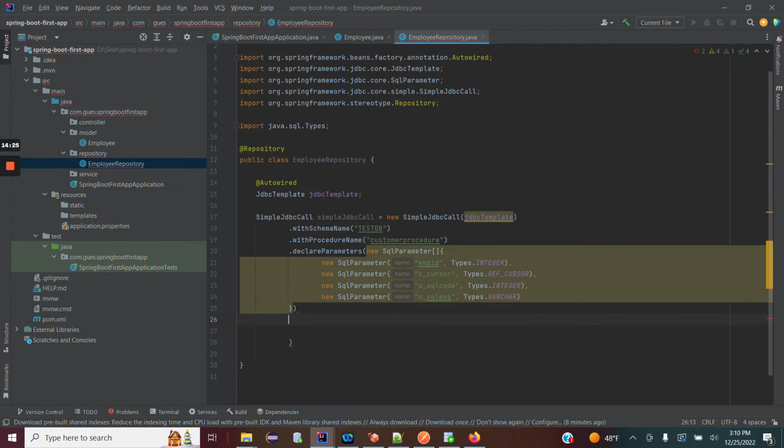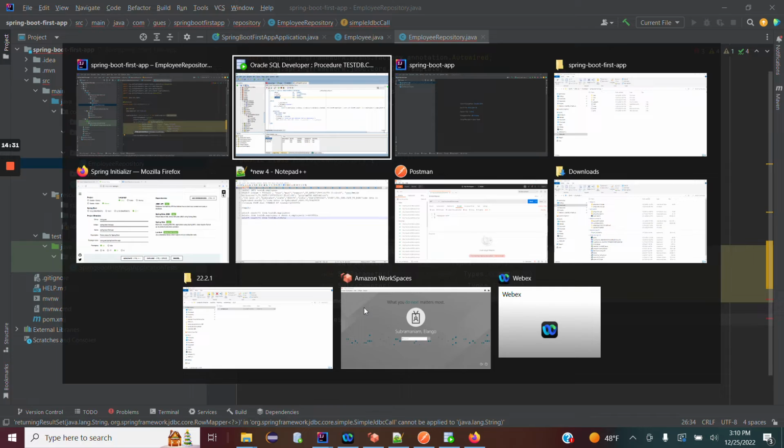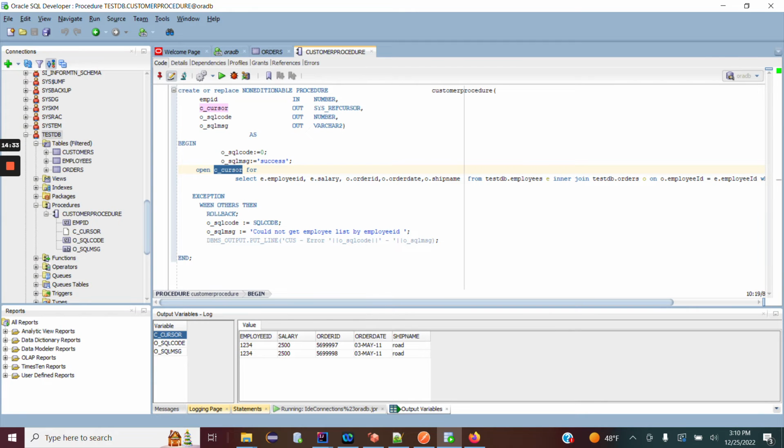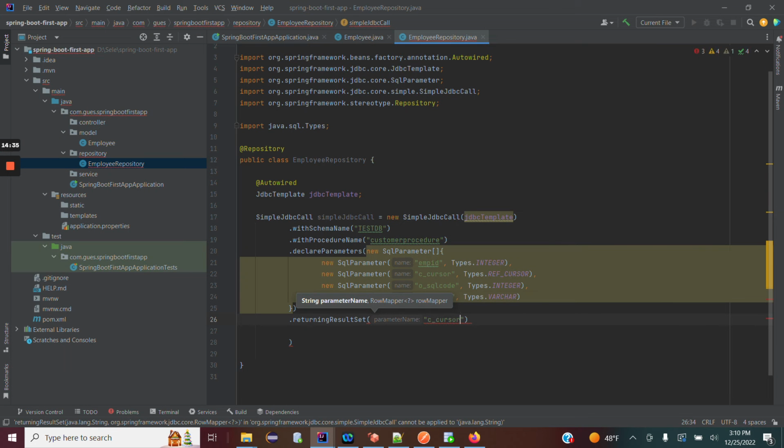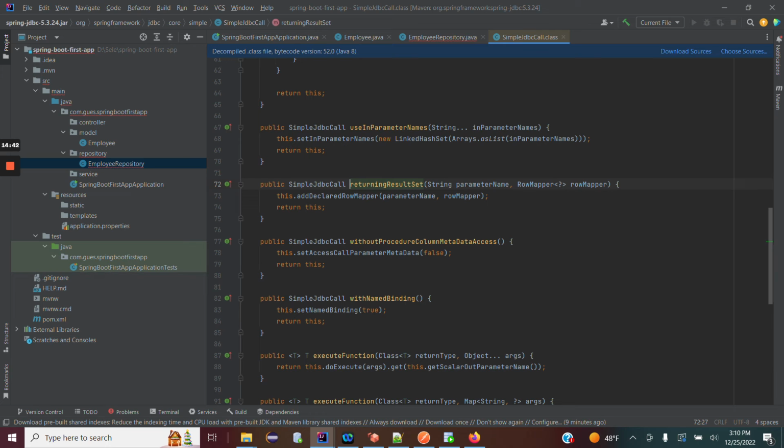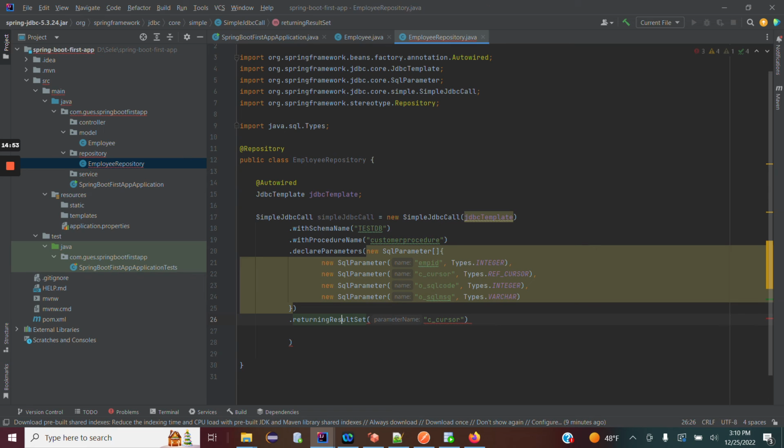Now we need to return the records. How are the values coming back from the stored procedure? In the form of a cursor. So we can use this cursor parameter to return the records and get them here in the application. Now click on this returningResultSet. If you click this, it will open this class and you can see how many parameters we need to pass. The parameter name we need to give, and then the RowMapper we have to implement here. Say comma,